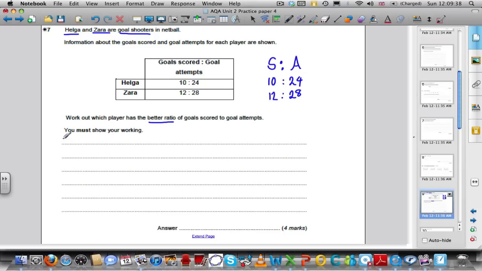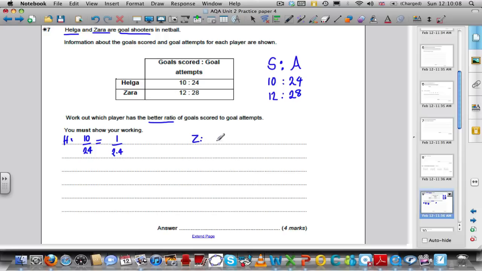The first method: using that ratio, Helga scores 10 out of 24 times. If we divide both sides by 10, we could say that she scores 1 goal every 2.4 attempts. And similarly with